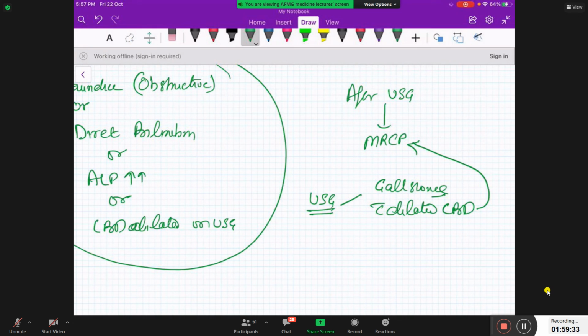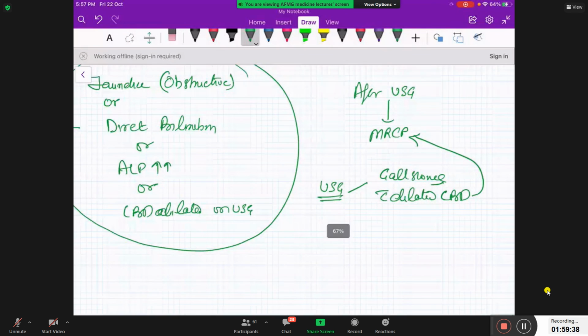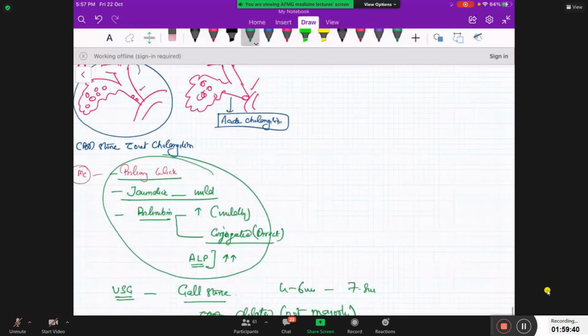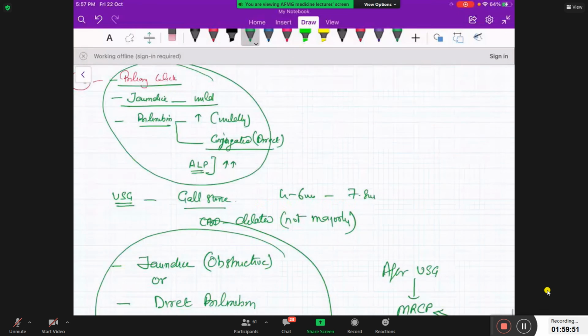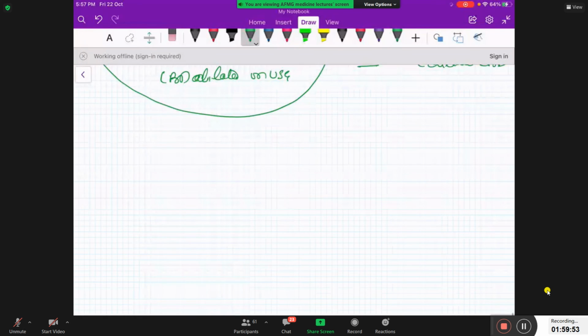Okay? Now, you have a patient who is found to have a CBD stone. Agreed? Your MRCP will tell you that there is a CBD stone. Agreed? Now, your diagnosis of CBD stone is established. आपने क्लिनिकल प्रेजेंटेशन समझ लिया, आपने अप्रोच समझ ली, अब आपको मैनेज करना है, right? In management